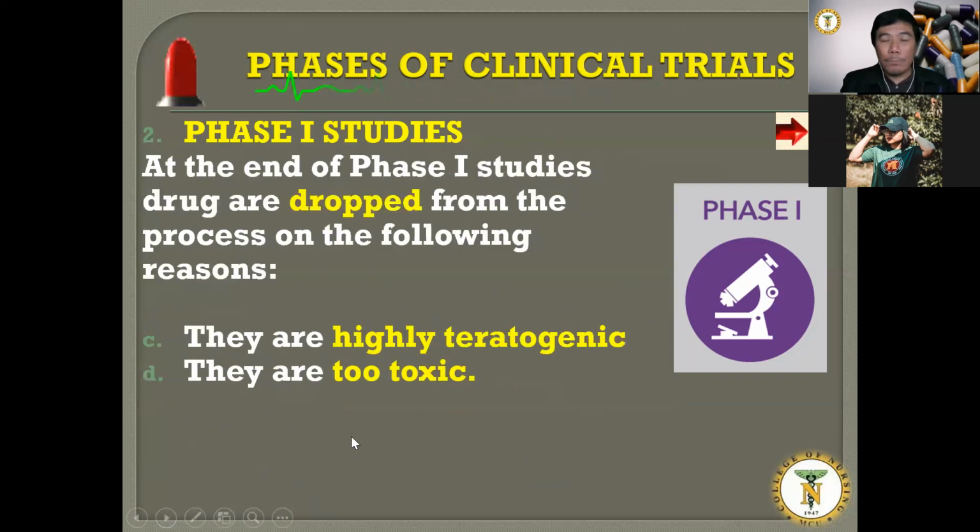Next, we have the highly teratogenic. If we say highly teratogenic, these are the drugs which possibly, based on review of the phase 1 studies, may affect fetal well-being. And for phase 1 studies, it may consider the dropping of the phase 1 studies if it is too